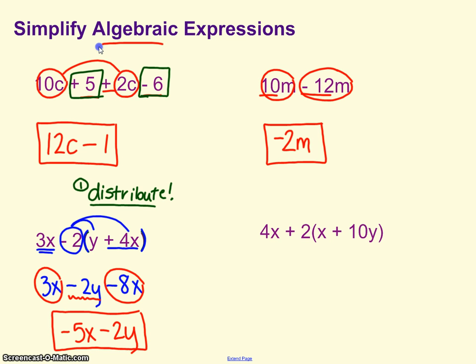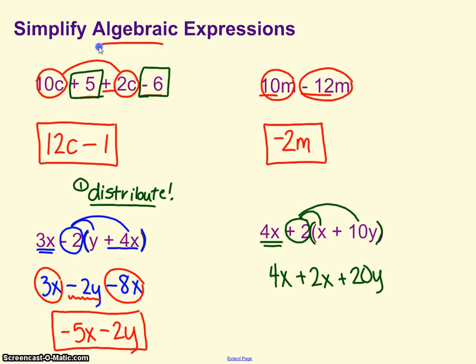Alright, so our last example, I'm noticing a set of parentheses, which means I have to follow that first step, distribute first. Again, kind of similar, this 4x out front is not in front of parentheses, so we won't distribute that, we'll bring that down. Now this 2 is a positive 2. We want to look at the sign in front of it to tell us if it's positive or negative. We're going to distribute the 2 into the parentheses, so we use multiplication. 2 times x is a positive, so plus 2x, and then a positive 2 times a positive 10y gives us a positive